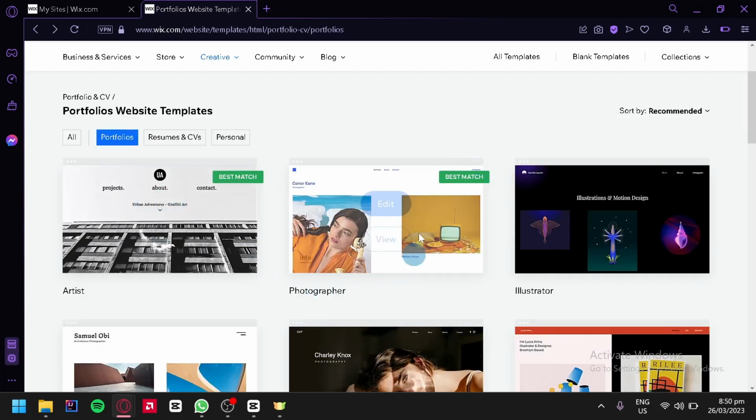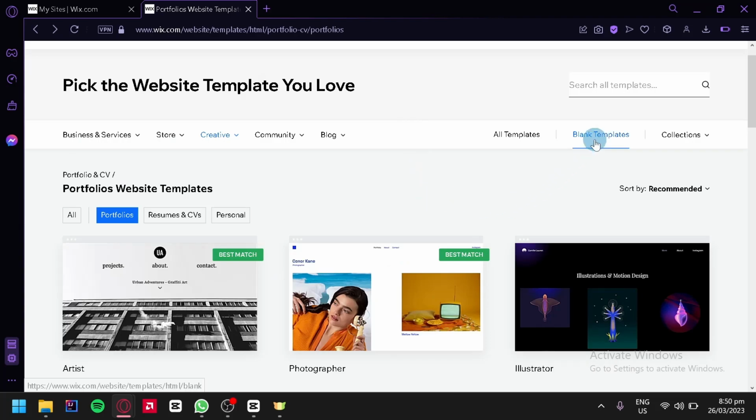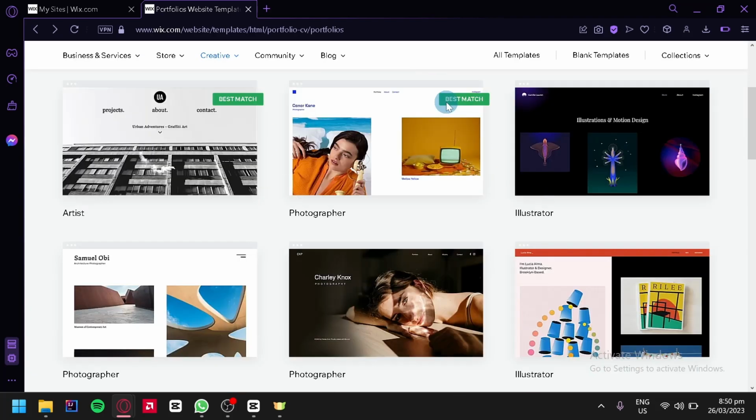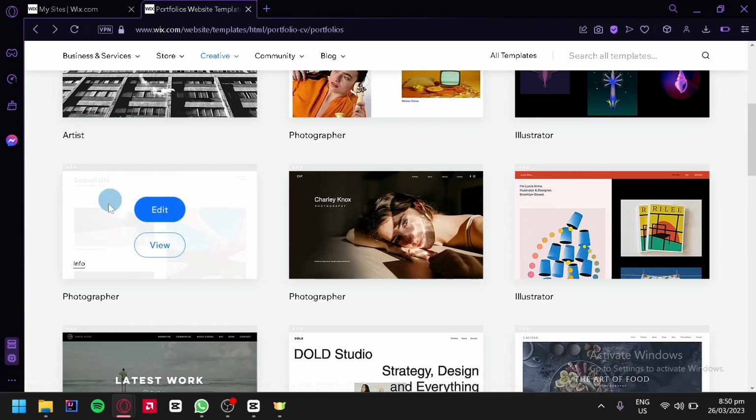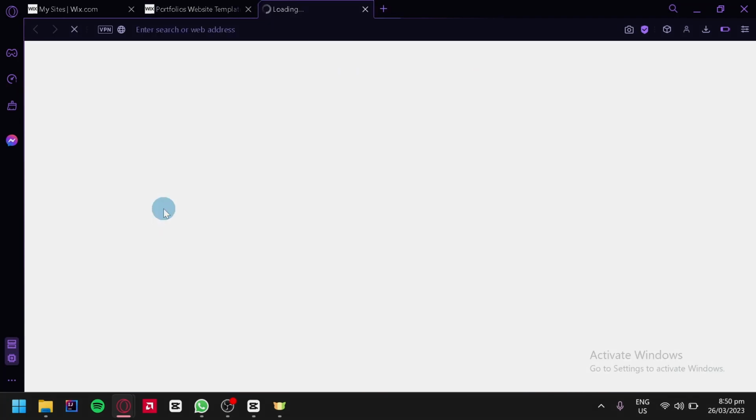Now if you don't like any of this template, you can always start with a blank template by clicking this option over here, and you would be able to start from a blank page and create and build up your own portfolio. But for us, we're going to choose a template that we would like to edit. For example, this option over here, we're simply going to click on this edit option over here, and then this